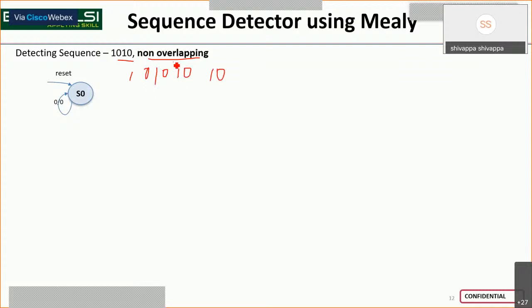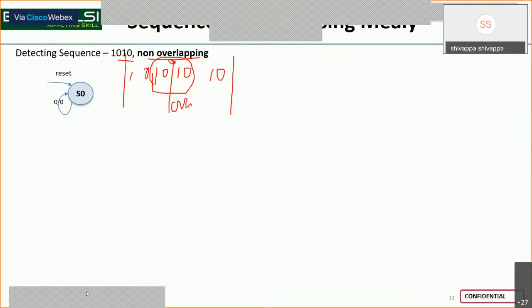So basically you don't want this 10 to be considered for this thing. So this will become overlapping, right? So we don't want to consider it; after this, start from 0, right? Now this is non-overlapping, and this is overlapping. So those things are considered and